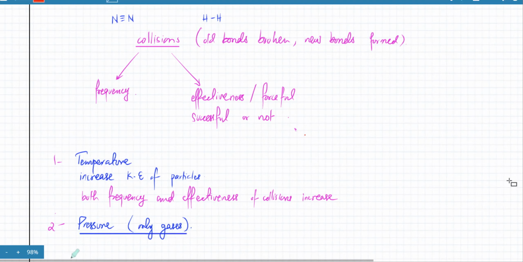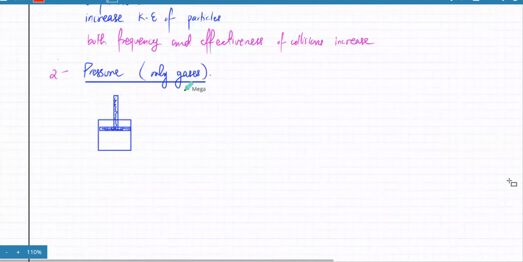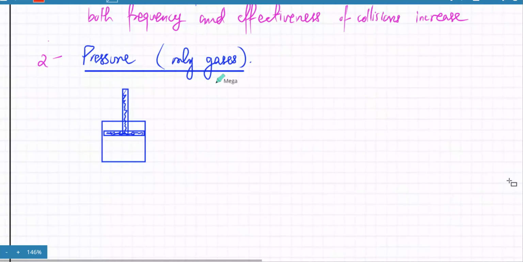So when you have a container and you increase the pressure, what you're basically doing is compressing it. When you compress something, the particles become closer together, especially because gases are the only things that are really compressible. When you compress, you're pushing it down, right? So the particles become closer together. So when you have higher pressure,